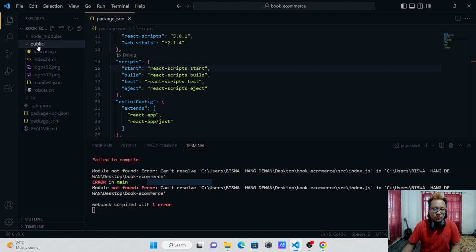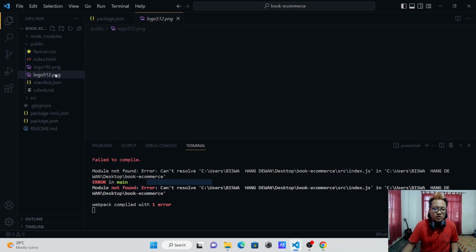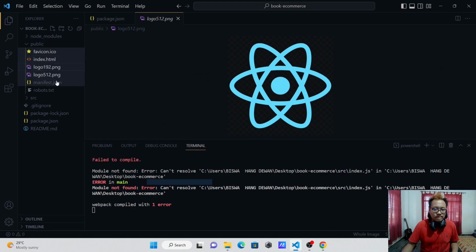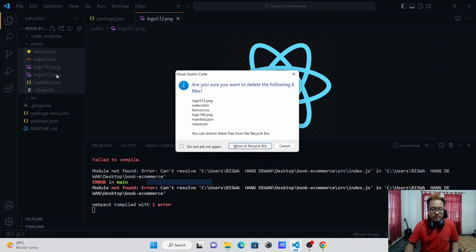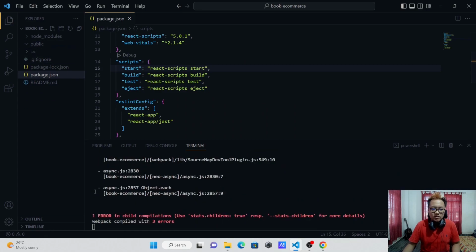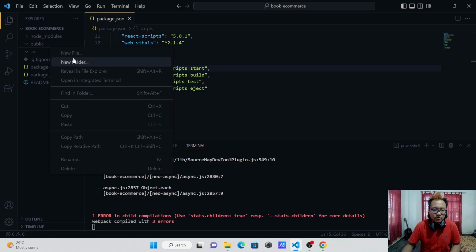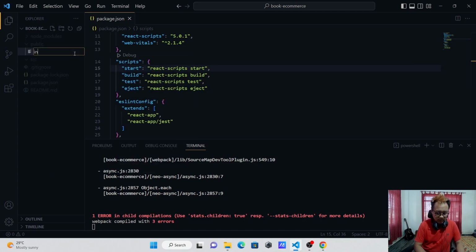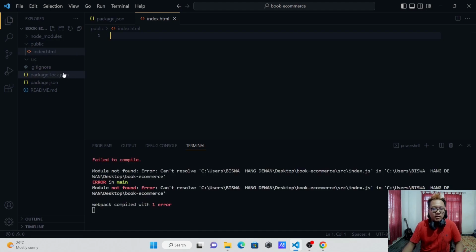Yeah, and let me also remove everything that is there inside the public folder. Okay, so yeah, you will get compilation errors and whatnot, and that's fine. So now let me create a new file inside the public folder, index.html, right? And inside the source folder, let me add